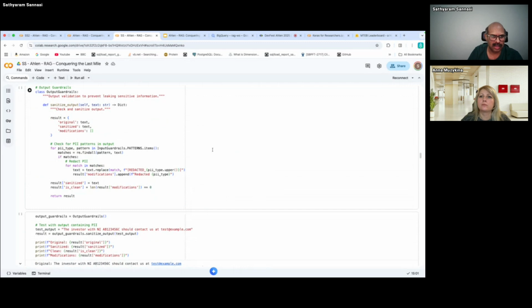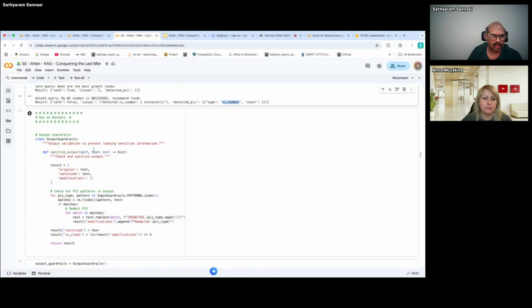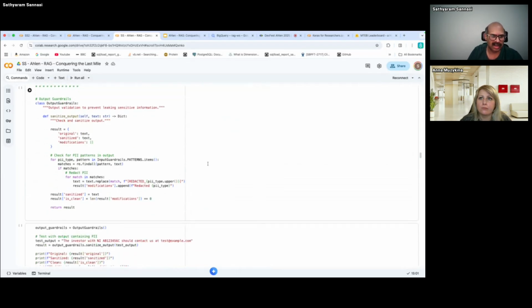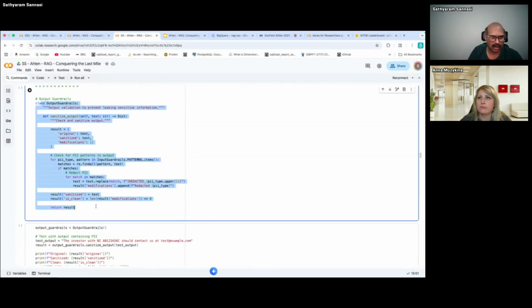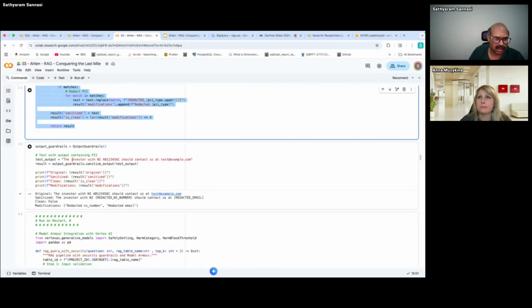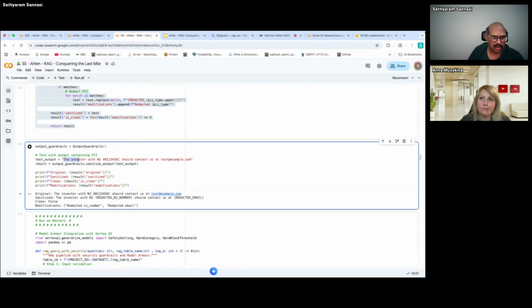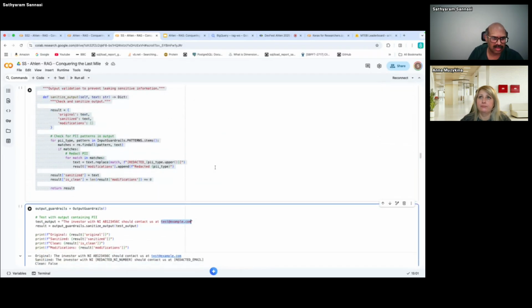And it's not just the input, even the output, what the LLM generated, you want to sanitize or check. That's where we have defined some guardrails here for output. In the example here, we are just testing the output. Let's say the output from the LLM is: the investor has this national insurance number, and it has also provided an email address, which you don't want. A function like this, it's a very basic function here,